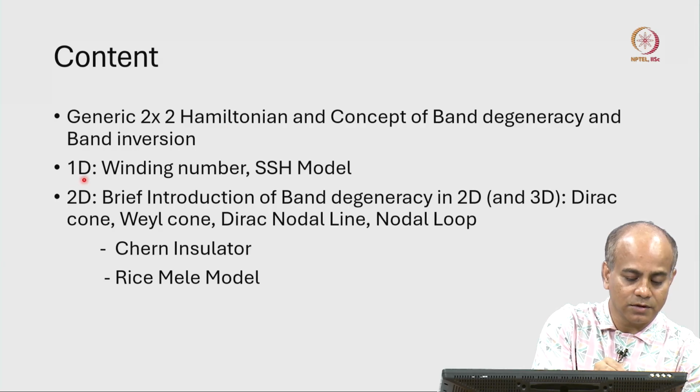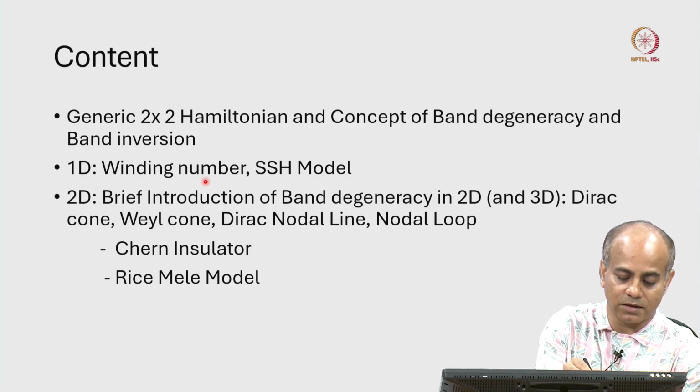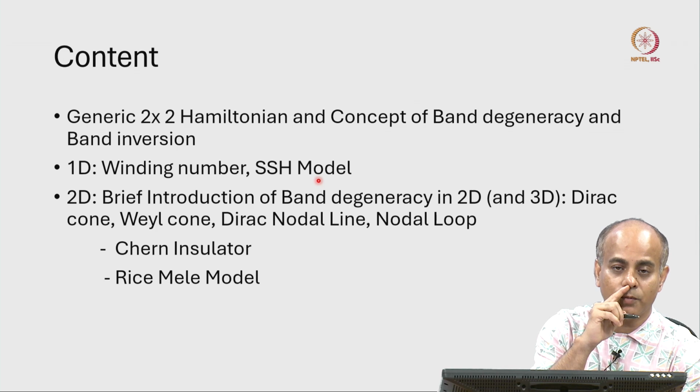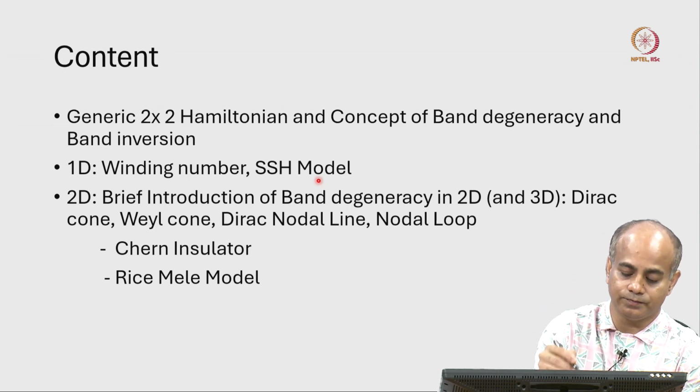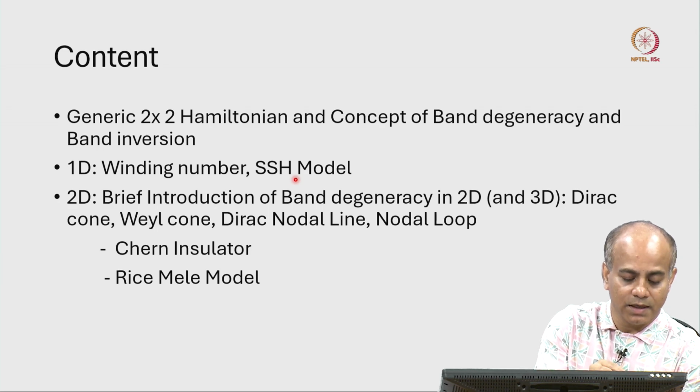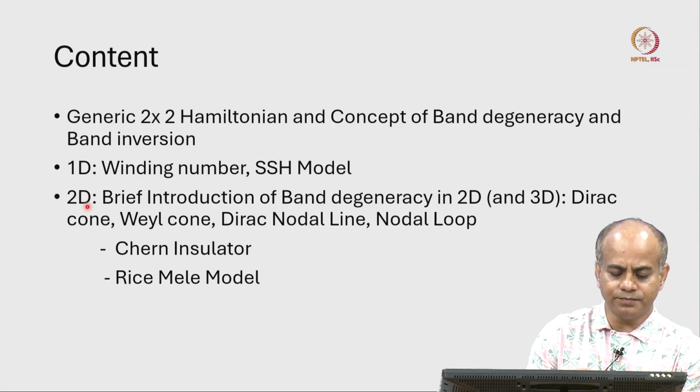Then we will move on to 1 dimension. Again we will start with the generic concept of winding number, then we will talk about a popular model called Su-Schrieffer-Heeger model. Okay. And then we will move on to 2 dimension, in which again we will come back to